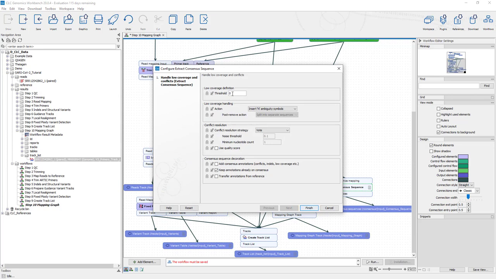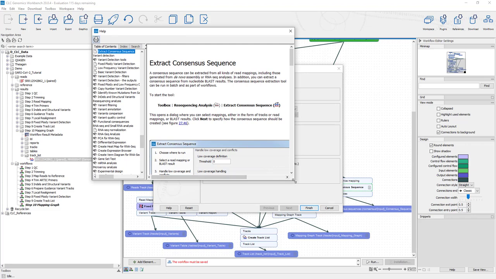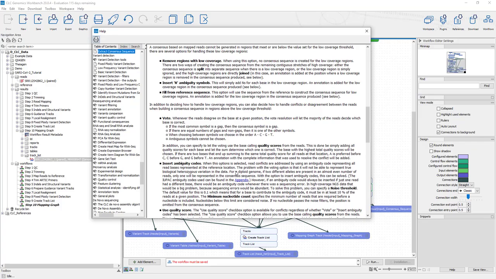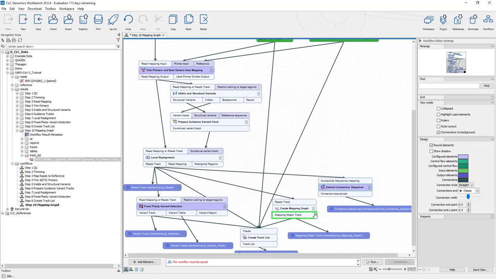Low coverage definition would be 0. For this one, we're just going to keep annotations. We're going to keep everything in default. But once again, if you hit help, it will go in and talk about it. Actually, we can't set a low coverage definition here. Let's set this at 5. Okay, anything less than 5-fold coverage, we're going to call that low coverage. So let's finish, and let's save this